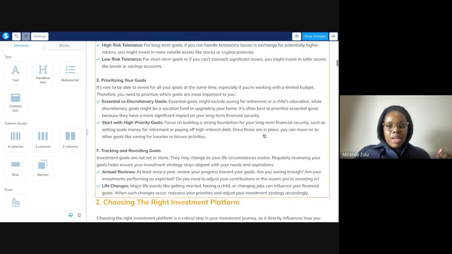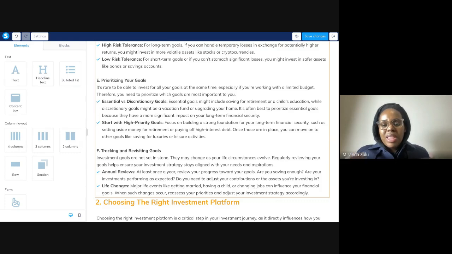Prioritizing your goals means understanding what is essential and what is discretionary. Something you might see as essential is saving for retirement, because when you do want to retire, you need to have some money to continue to live. A child's education is a big essential for us, and a big focus for us in the coming year will be to prioritize all of our savings and investments and direct our focus into that, because education is very expensive, especially if you want to take your child to schools that are quite costly.